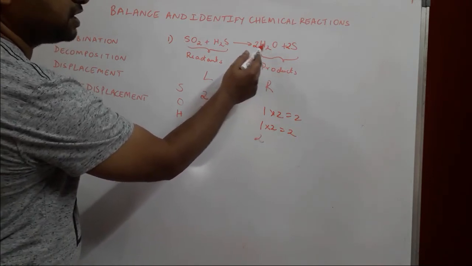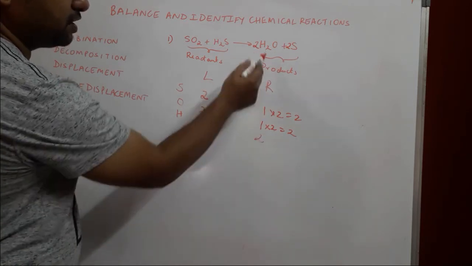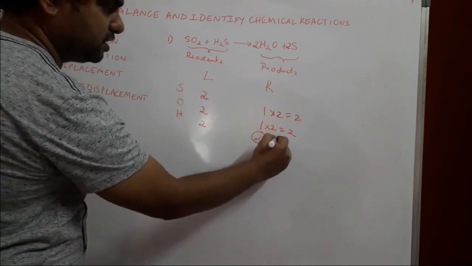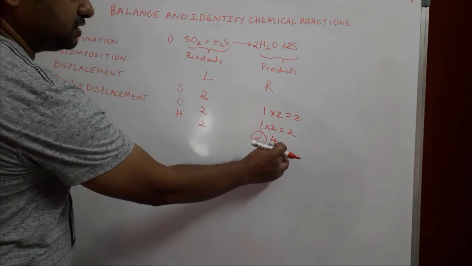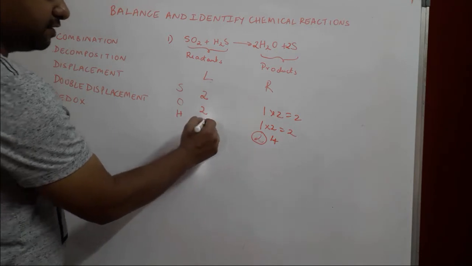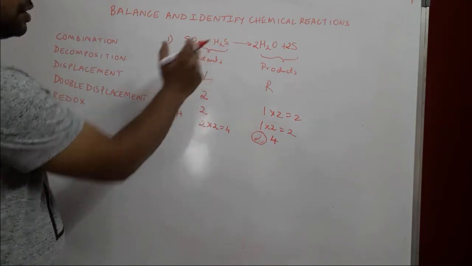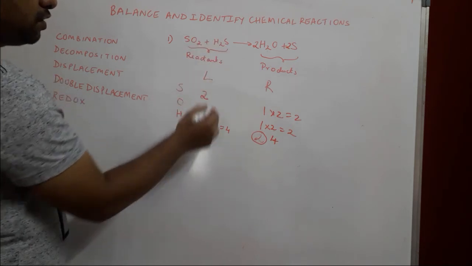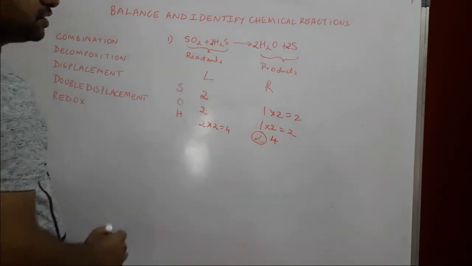the number of atoms of hydrogen on the product side increases. It was 2 before, if you notice over here, now it's become 2 into 2, 4. We circle over here to show that there is a change and we write the new number of atoms, which is 4. Now to balance this, because there are 2 atoms of hydrogen on the left hand side, that is on the reactant side, we multiply it by 2 and we get 4. We need to show this change in our reaction as well, which means that if we need 4 atoms of hydrogen on the reactant side, we need to put a 2 in front of H2S.